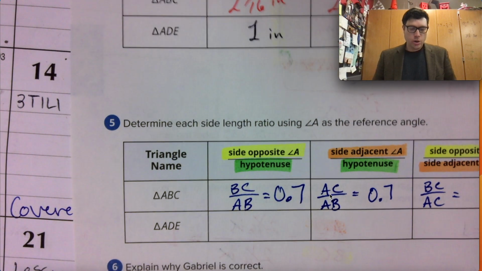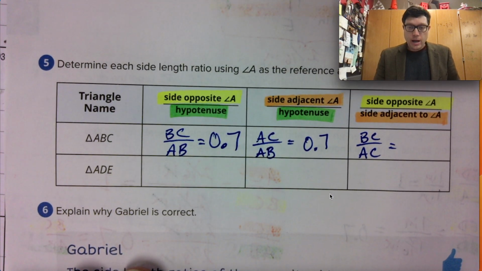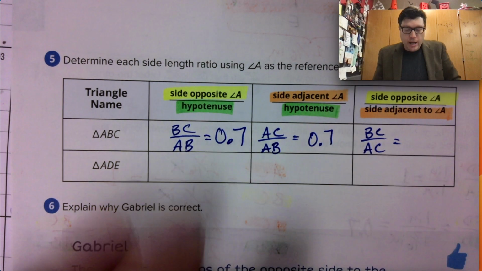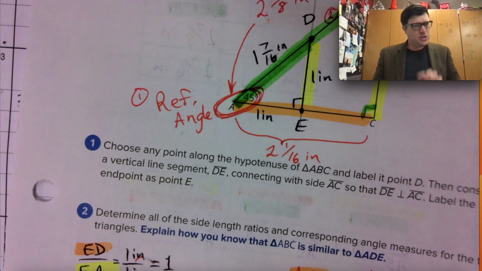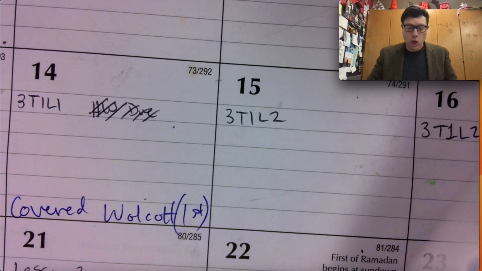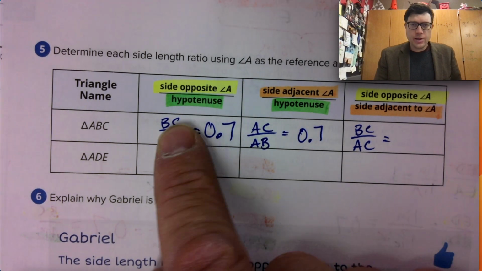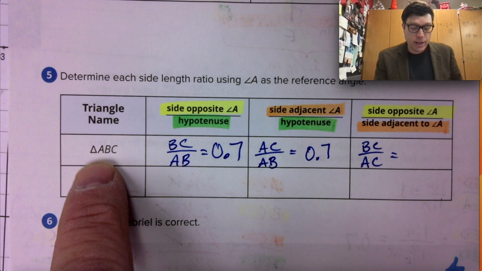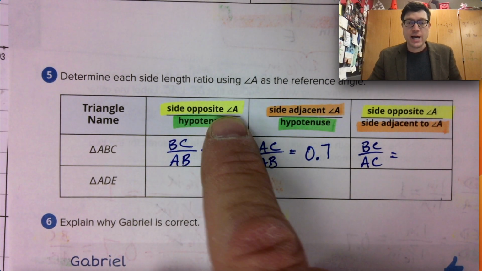538. So I have highlighting going on. I have information from the previous page where I highlighted and I made a list. This page is super colorful because there's a lot going on. In the table for question 5, I am focusing on triangle ABC, and I figured out the side opposite angle